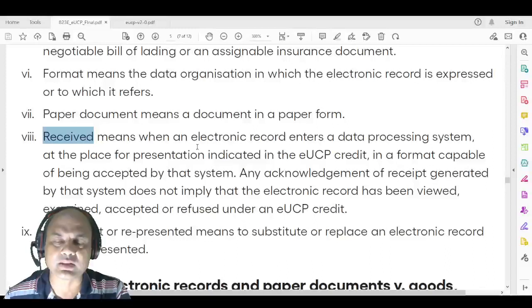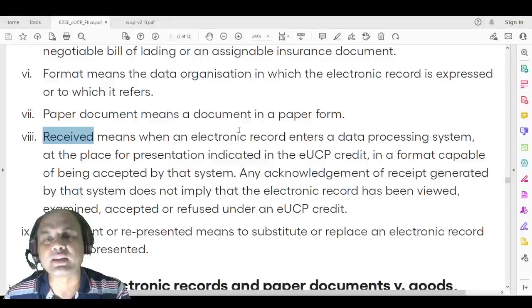In the forms which we fill for various exams or other things, numerous forms are there, right? So when we input those forms, there are certain formats. The form goes into the electronic system using that software, in a typical electronic format. So what does it mean? Received here means, suppose I ask you for an e-document which is to be inputted in my system, only then I'll give you the money. Simple condition. So in that case, when will I say it is received?